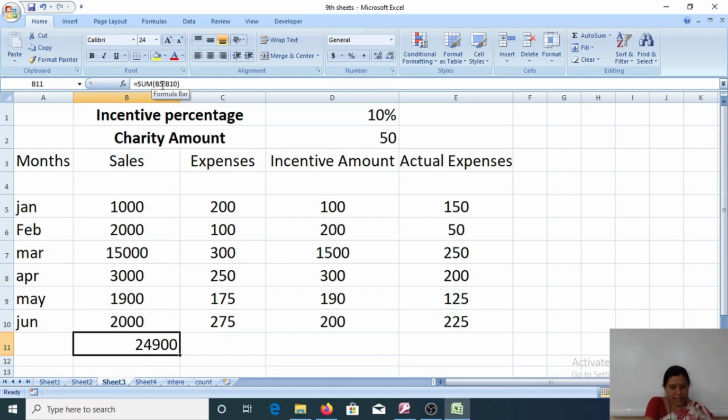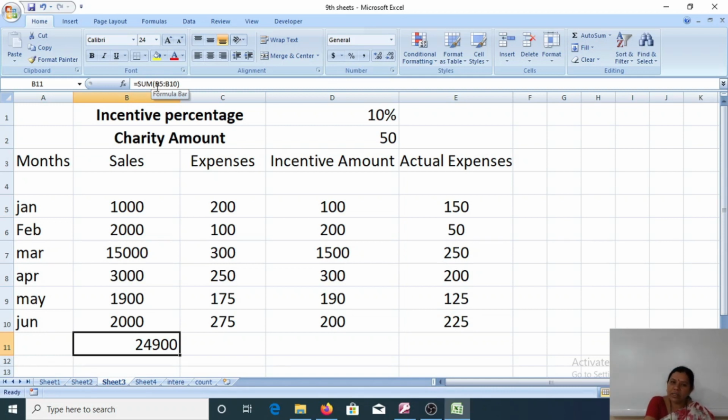Now we come to know some rules for entering a function. What rules do we need? Before entering the formula, it should begin with the equals to sign. A function name must be a valid Excel function, for example sum, average. If you want to select the maximum number, max. To find out the minimum number, min.